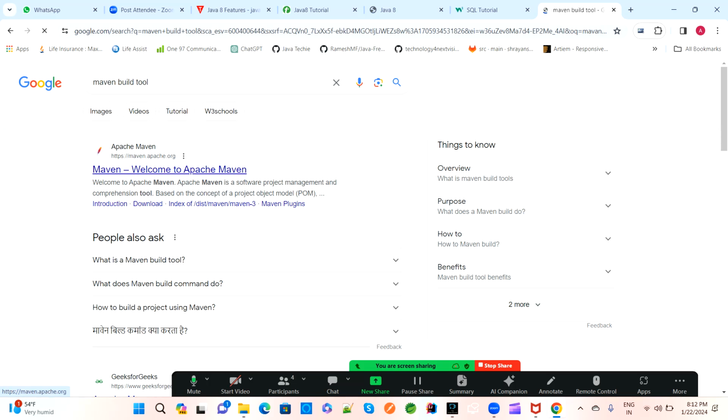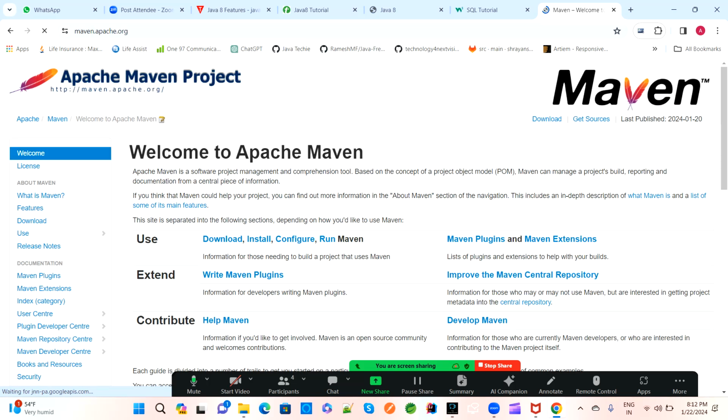So Apache Maven has provided one build tool. If we go for the Java backend, we will go for either Maven or Gradle. Every project should run either Maven or Gradle. So if you create a full stack application, from the backend side you have to install this Maven in your local or server. If you are using cloud or some server, there you have to install Maven. So we have to download this Maven, and any of the versions, 3.x or anything, we can install. And once you install this, then